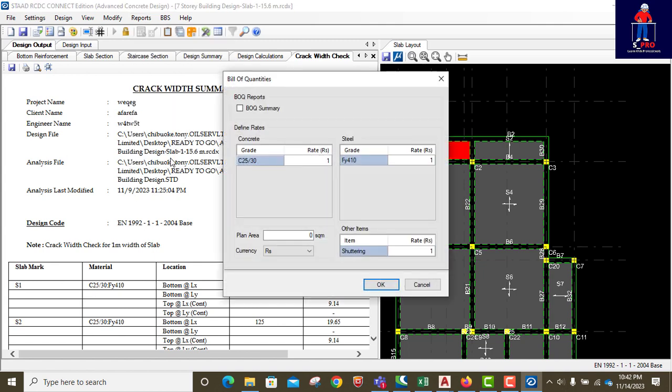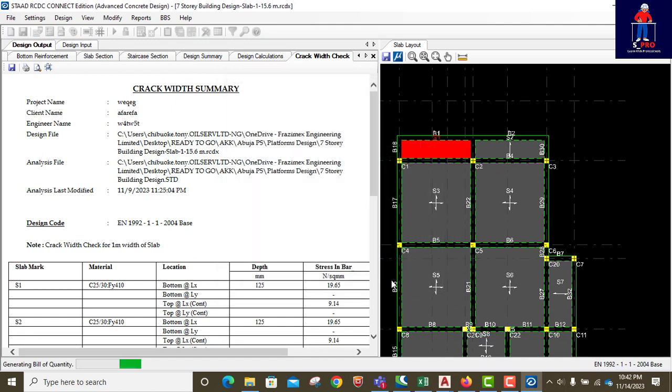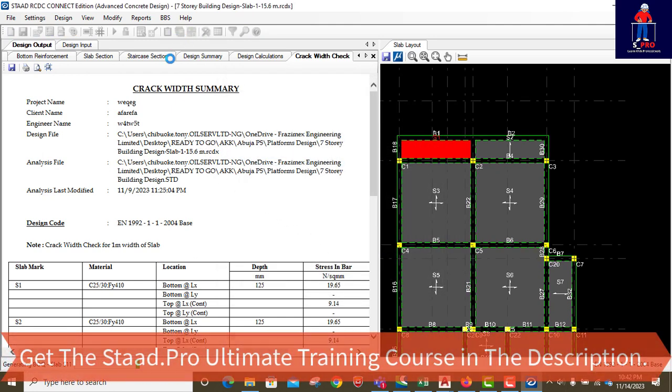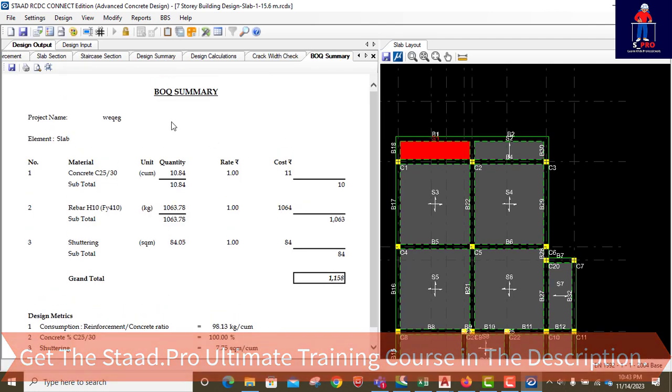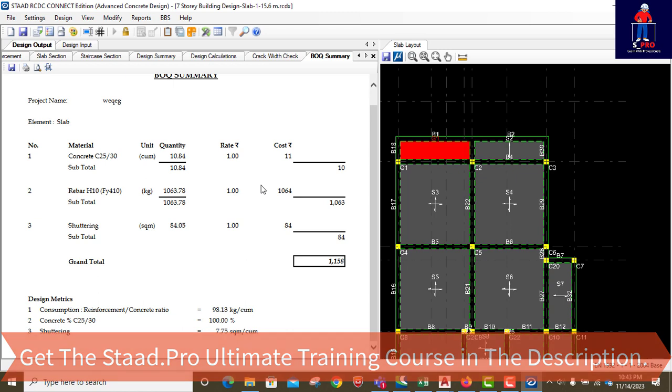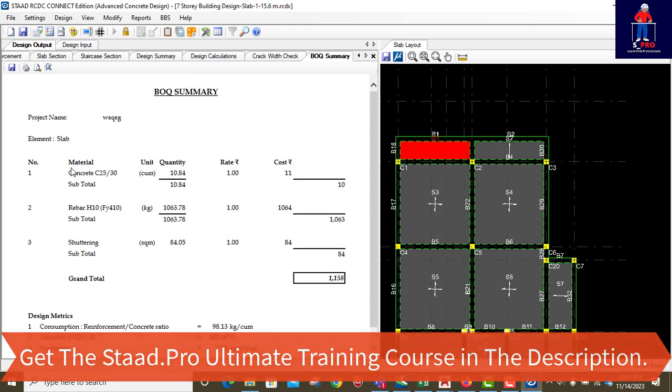You can as well do bill of quantity. It's not quantity, but when you feed it with the square area of the listing item, and you get to currency, you get to say okay, I'll generate that for you. Everything, but you have to feed all those necessary information for you to be able to get the exact thing you need to get. Material concrete base, so total unit quantity, rate, cost,